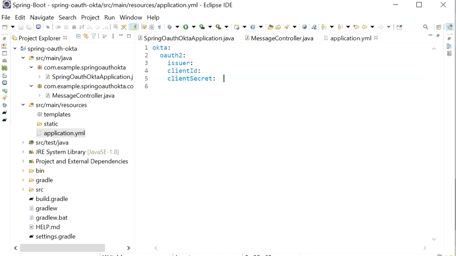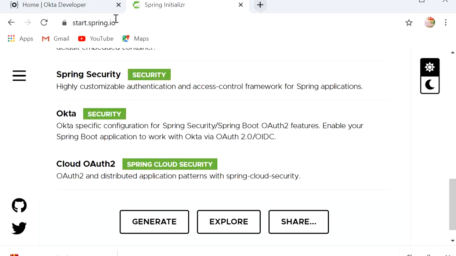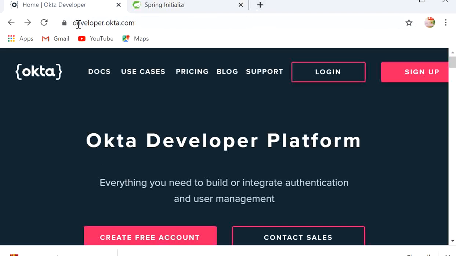I will go to the browser and open developer.okta.com. If we already have an account, we can log in directly. If not, we can create one by signing up.